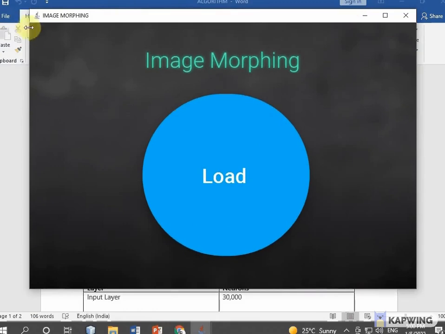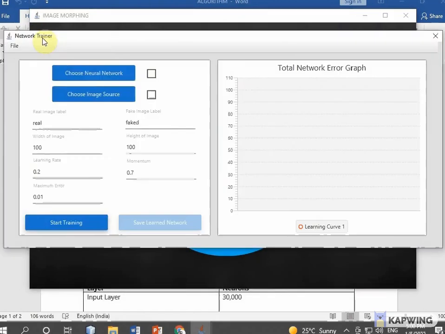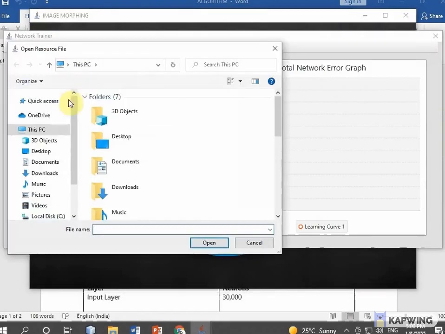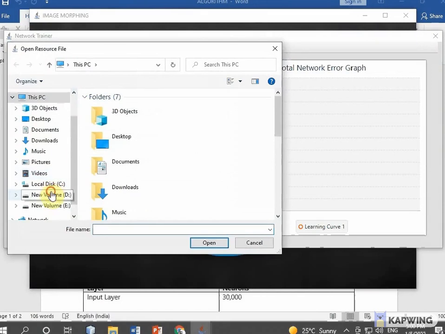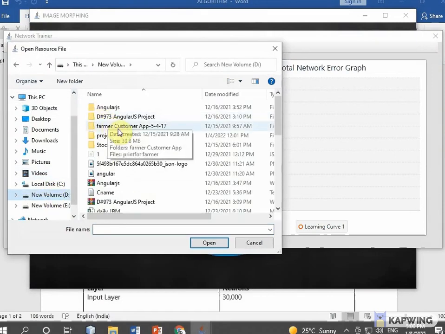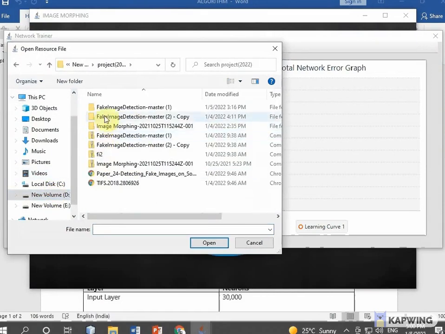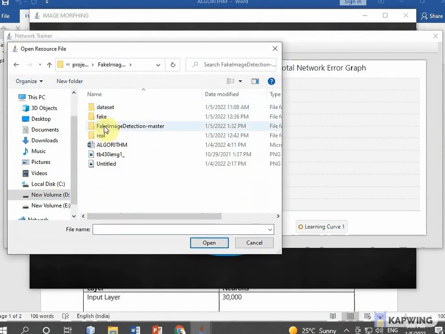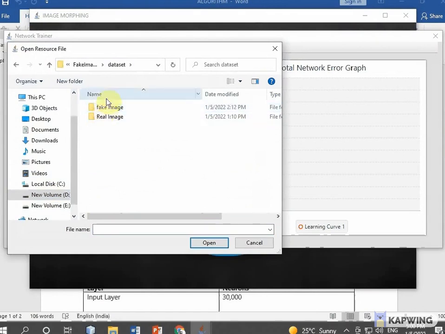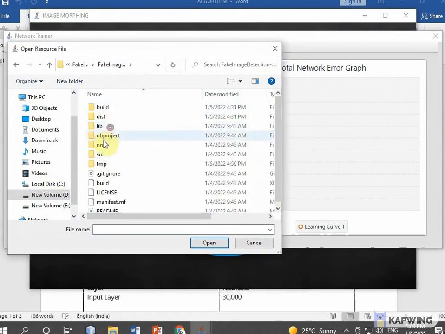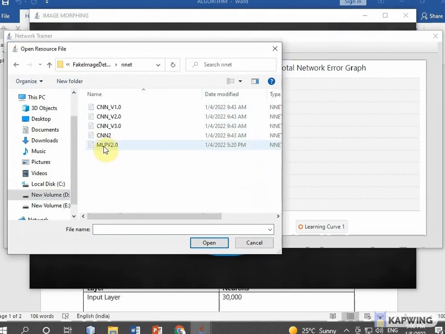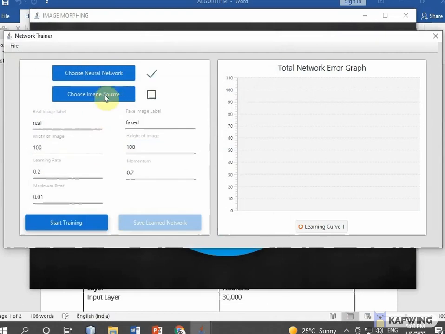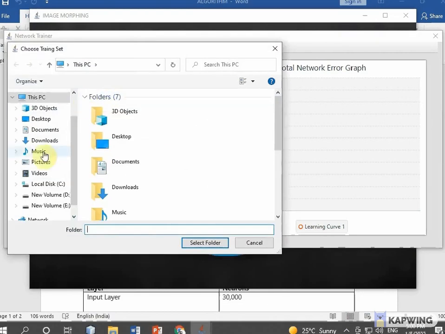Here we see the neural network trainer, batch image tester, single image tester, and full screen. Here is the neural network tester. We choose the neural network in local disk D, in the project 2020 folder. We have to select the dataset in neural network MLPV 2.0. This file is selected, and I am selecting an image folder.